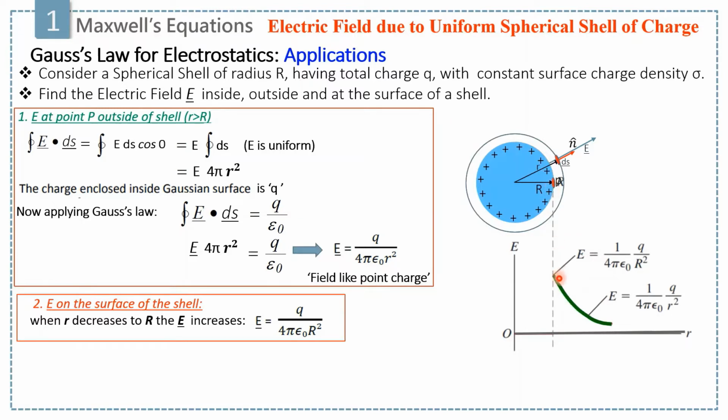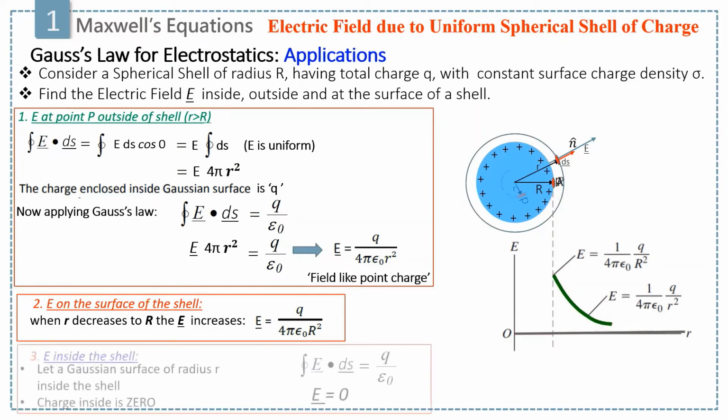And whenever you go away from the surface, you can see the electric field decreases. Now, in the third case, to find the electric field inside the shell, we draw a Gaussian surface of radius r, where we pointed a point P, where we want to find the electric field, but there is no charge